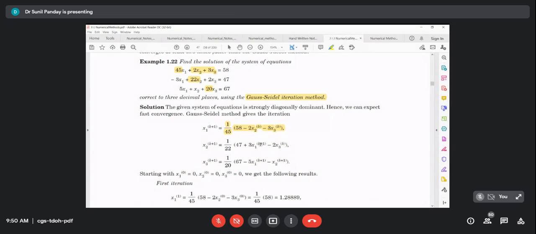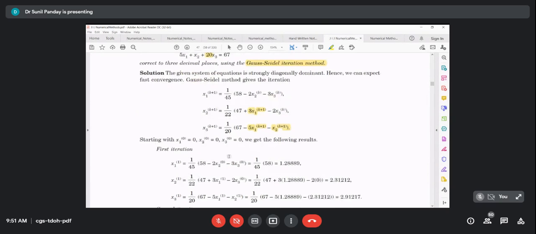And similarly this one. But this is the updated step. You have to take care of this when we are solving using Gauss-Jacobi or Gauss-Seidel. So this is the iterative step for Gauss-Seidel for this particular example. And now we start with x1, x2, x3, because x1, x2, x3 are variables, and the upper index in the bracket is the iteration number or iterative approximation, like first approximation and second approximation.